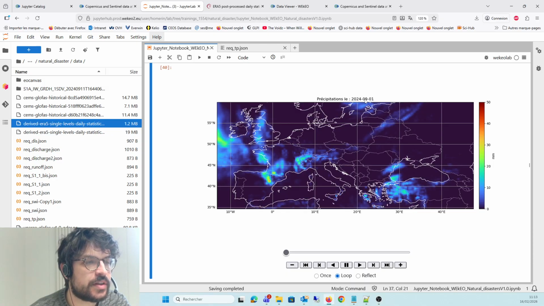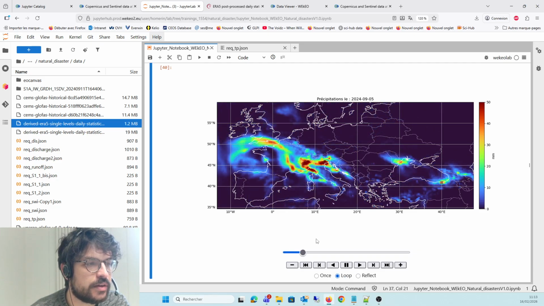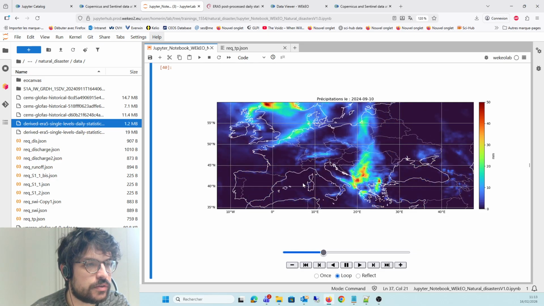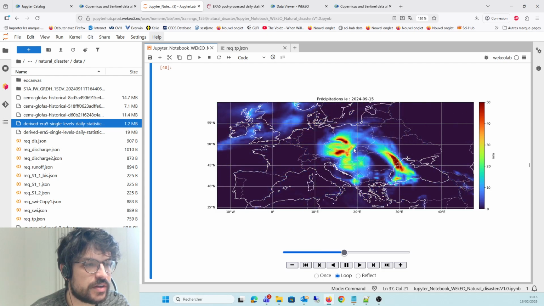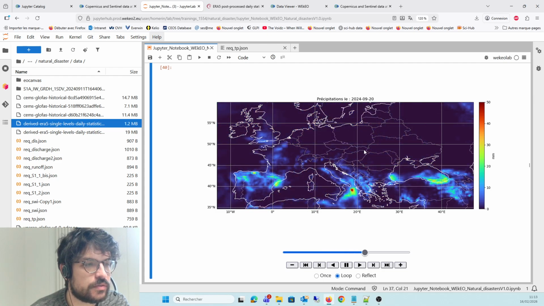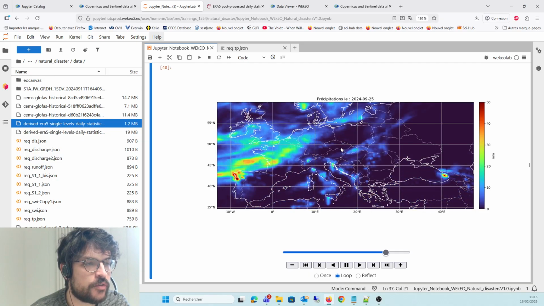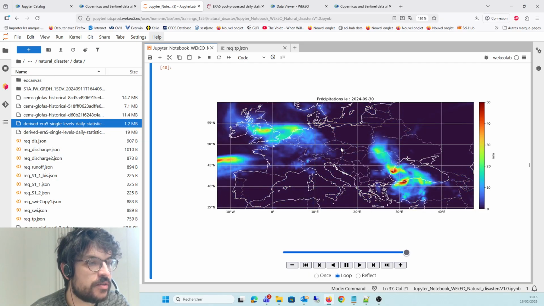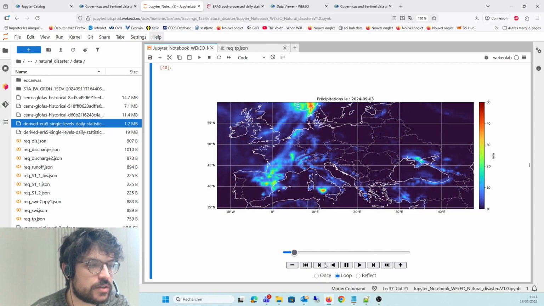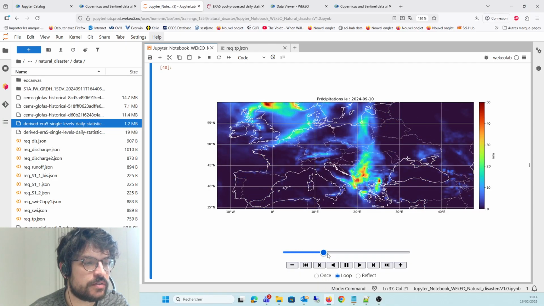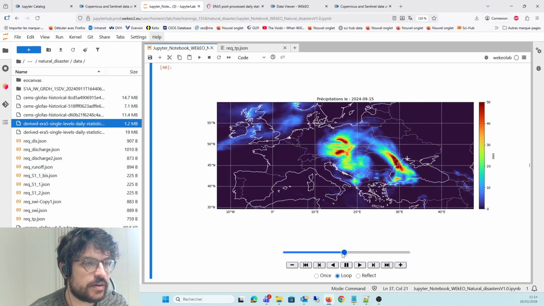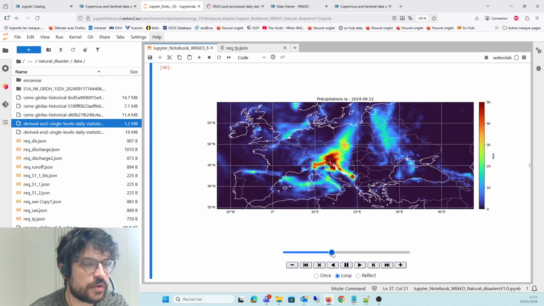Alright, so you can see here that we are on the 1st of September, and if I click play, you can see here the very big spots of heavy rain, of extreme rain even, I would say. If you're working on the book yourself, you can click on the slider here and just focus on this.